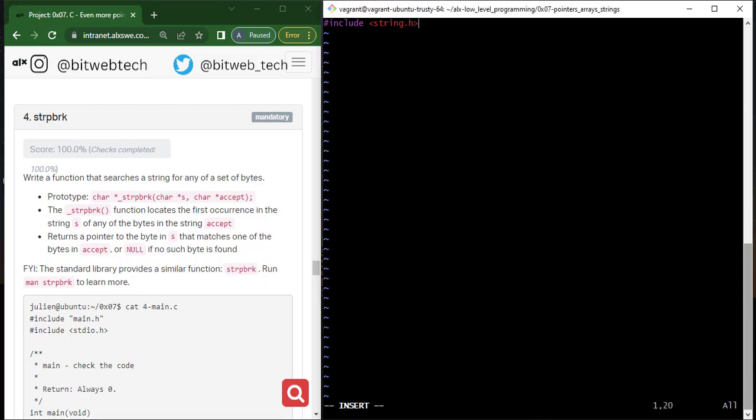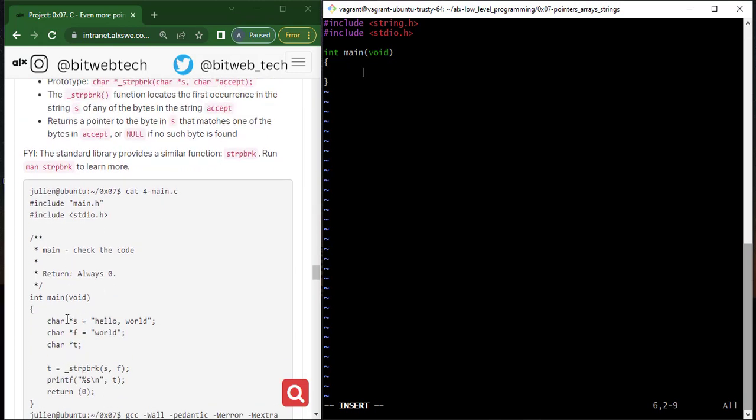So string.h, and also I need to include stdio.h as well. So here I will just call my main. I will just say void. All right. So how does the strpbrk work? This is what we need to do. So let's use the same example here and let's solve this problem, and let's see how to use the strpbrk